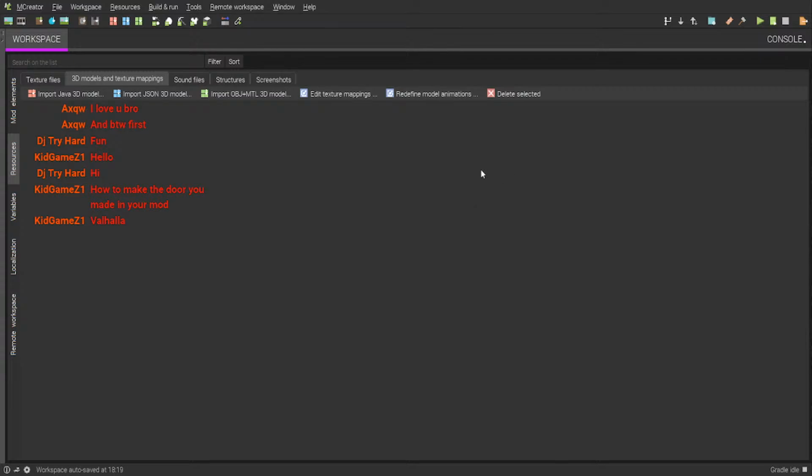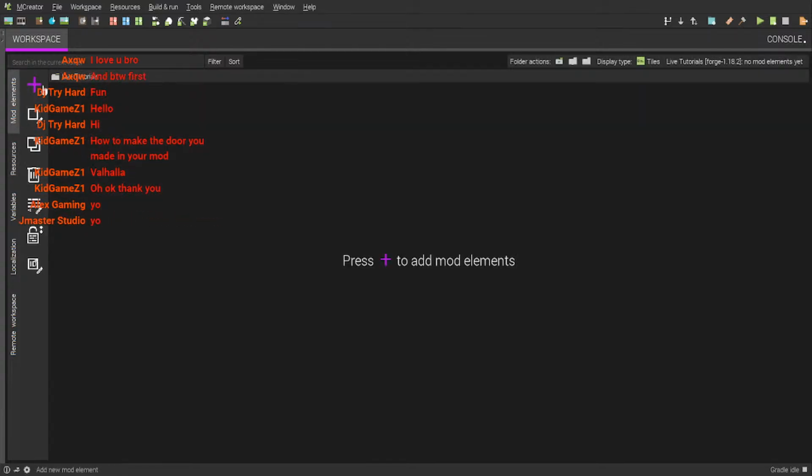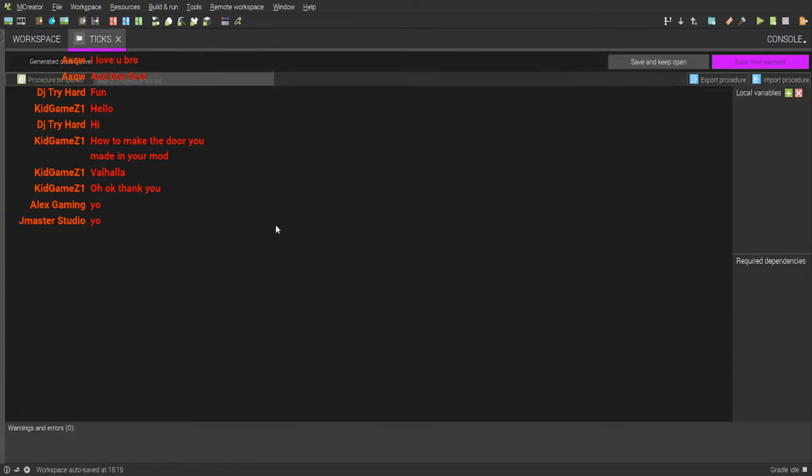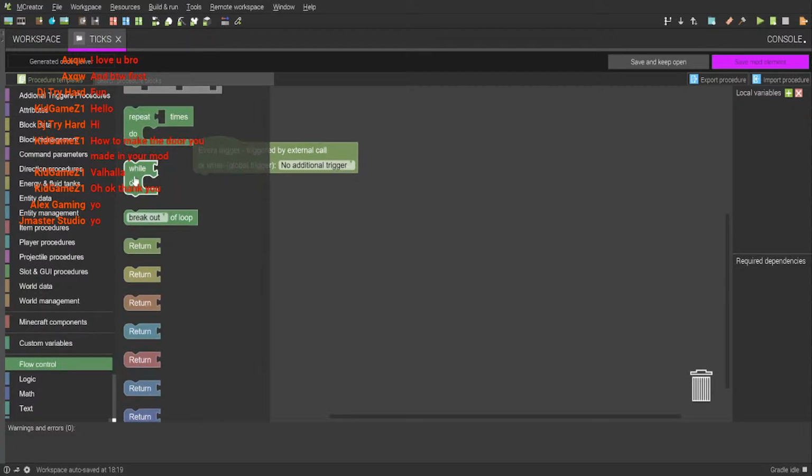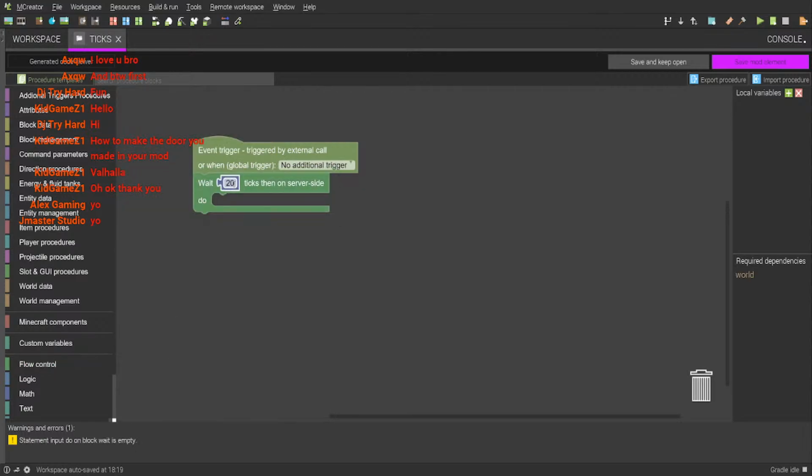So if I go here, I don't have my folder showing. Gate. Yeah, so I got like 11 of these models, and I just imported a bunch of them. And basically what the script would look like, I guess you could say, is here we'll do ticks. So say we just have this open here. You'd probably just do something like wait 1 tick and then make a different script for each one. So we do wait 2 ticks and then we would despawn and then just spawn in the next one,